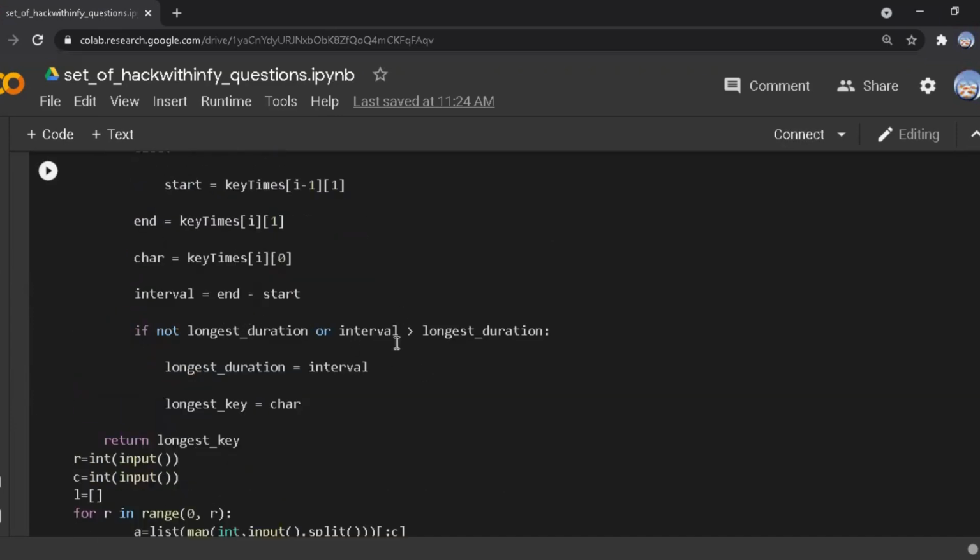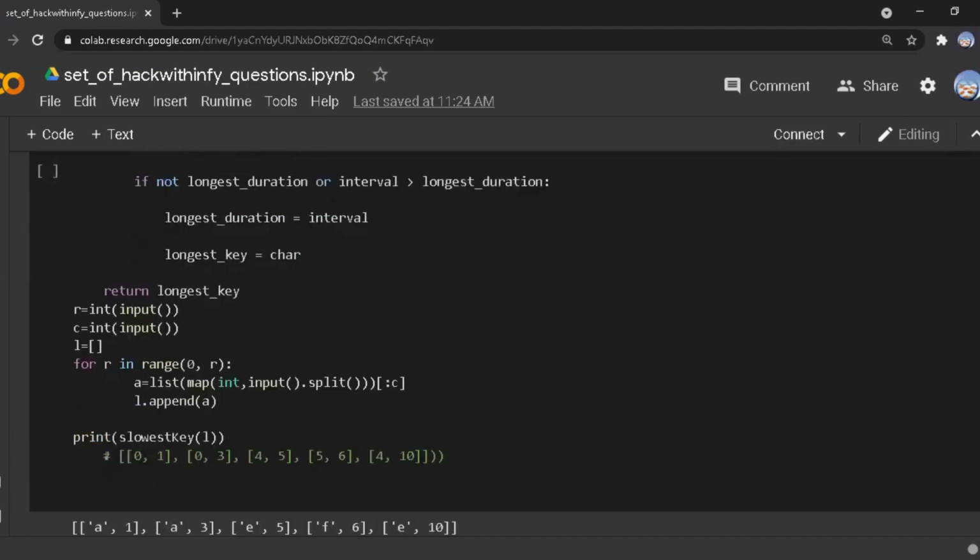We are checking for that. We have to find the longest duration. Until we find the longest duration, the loop will execute, and at last we return the longest key. That means the key with the longest interval will be assigned to the longest key, which is returned. That is simple.